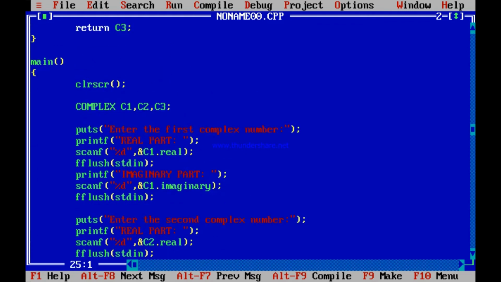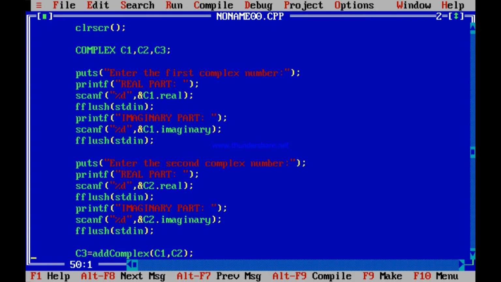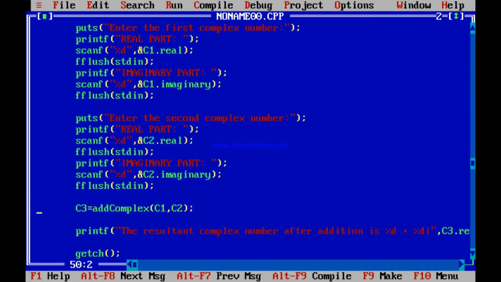One thing I will now ask you, very simple. See, suppose I don't receive this C3 back from add complex. Just a small variation I am trying to tell you over here. Suppose I don't receive back this C3. Instead, I pass this C3. I am asking you, can it work?